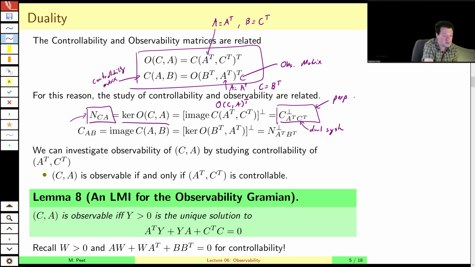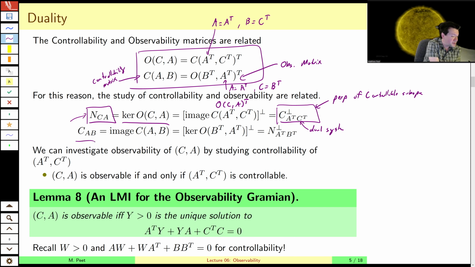So the perp of the controllable subspace. And likewise, the controllable subspace, remember, was the image of the controllability matrix. And the image of the controllability matrix of any matrix is the perp of the kernel of the transpose of that matrix. So this is C of A, B, actually C of A, B transpose. In that transposed matrix, by these relationships here,